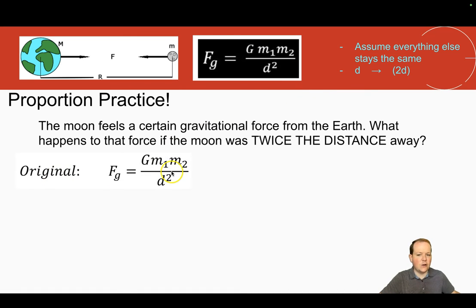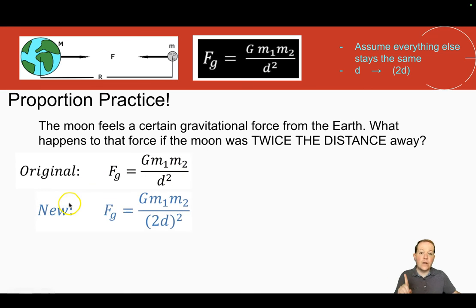The first thing I do is I write out the original. Here's the original formula, the original equation or relation. The force of gravity is equal to G m1 m2 divided by d squared. Now, let's rewrite it and let's put in the change. Notice, I still have Fg, I still have the equal sign, I still have G m1 and m2, I still have d squared, but because it says in the problem I'm going twice the distance, instead of d squared, it's 2d squared. The square is for the distance, so that's why I put parentheses here. Because I'm doubling the distance, I have to include that in my square.